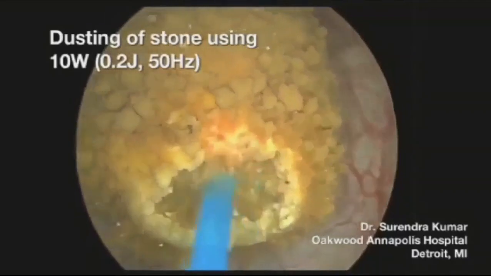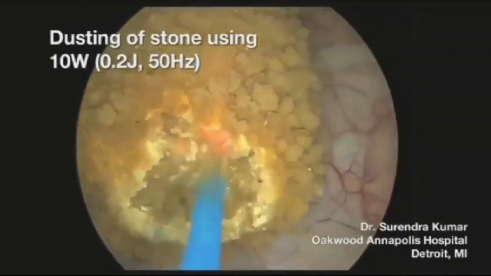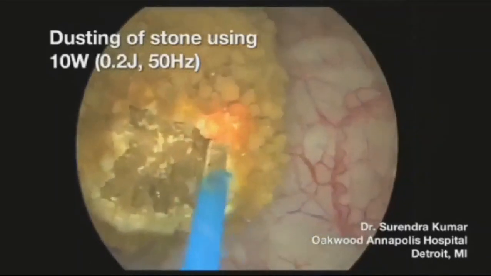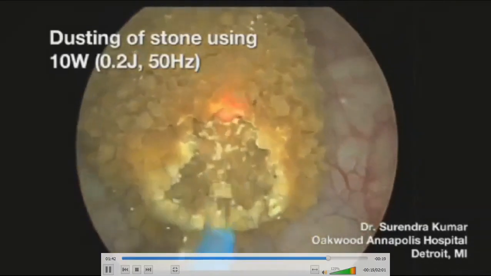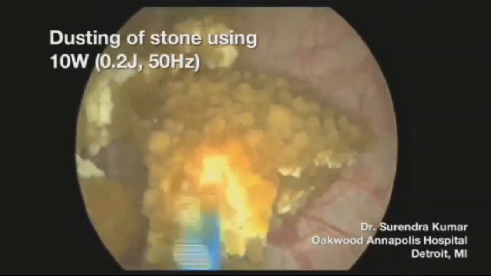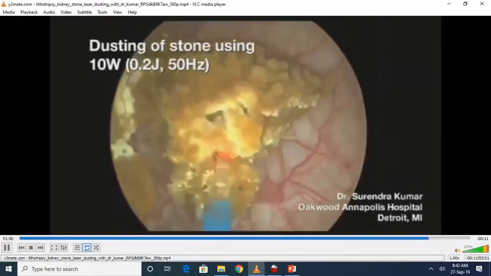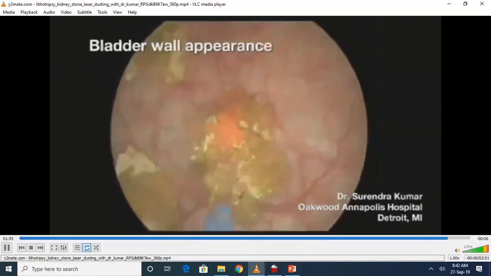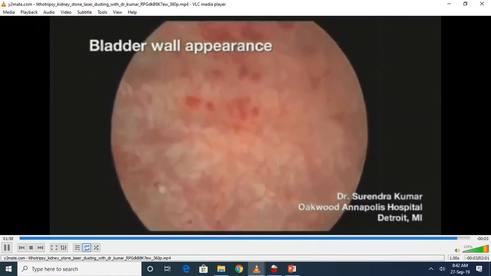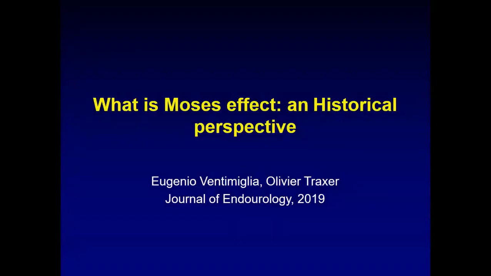Second thing is when you start fragmenting a stone, Mandu Sahab is there and Murli Sahab is there, they will bear me out. You always start from the periphery. You don't start from the center point. Otherwise, you will be creating 2 or 3 larger fragments, and then each fragment has to be taken on separately. If you start from the periphery, you will have a lot of dusting, and then you move on to the harder part, which is in the middle. You have a lesser amount of stone that has to be broken down. Always start breaking the stone from the periphery rather than from the center. You're right.